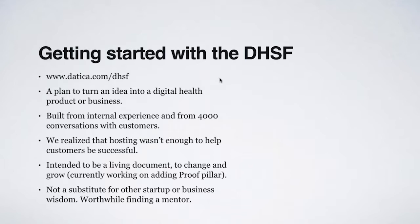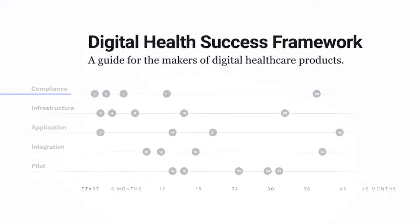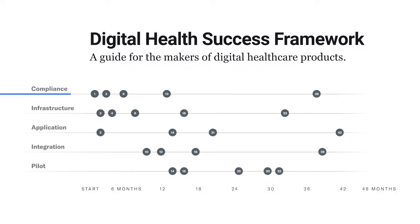If you're in startups, relying on your local startup scene. If you're in business, going through somebody within your company who's launched a product like this before, or trying to find somebody who has. So when we talk about the Digital Health Success Framework, if you take a look at it on the website,